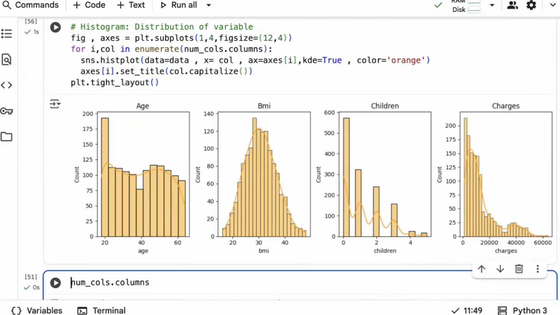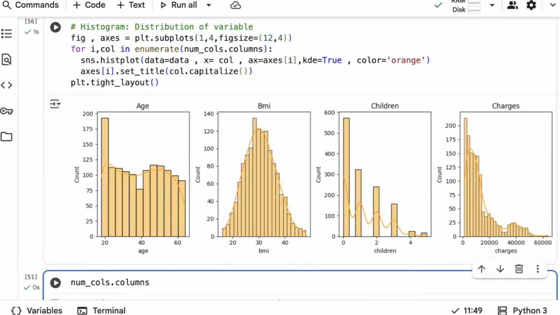This is a histogram. Now, the important thing when it comes to a histogram, so what matters? Anyhow, you understood plotting a graph, it's very simple, right? We just used a for loop and plotted graphs for multiple columns: age, BMI, and charges. These are the different columns for which we have plotted the distribution of the data.